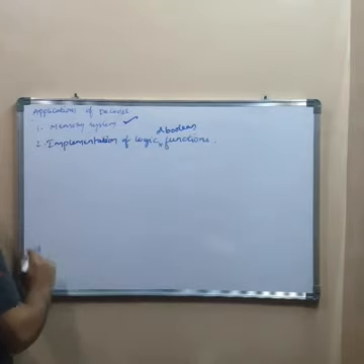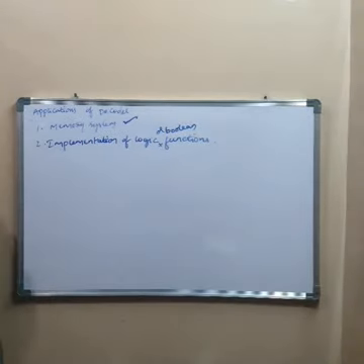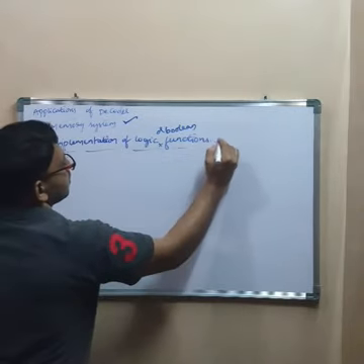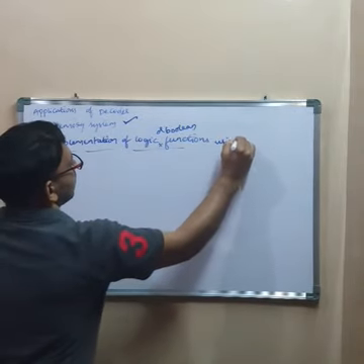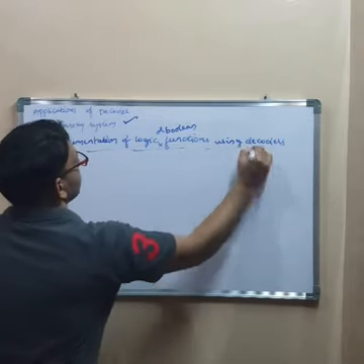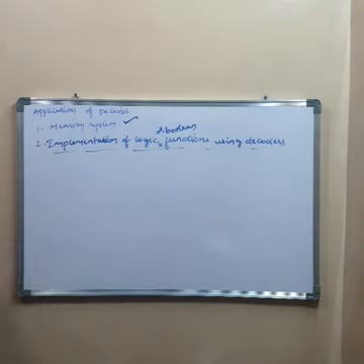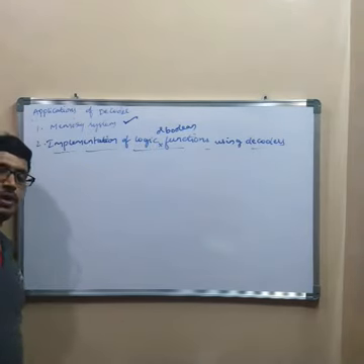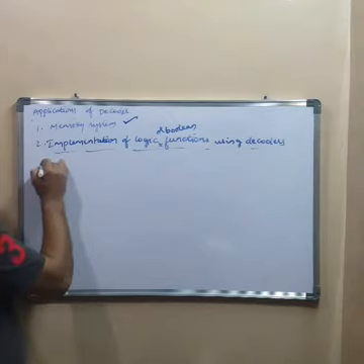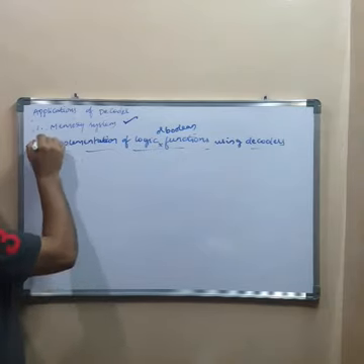If we look at the second case, decoders can also be used to implement the Boolean functions. Let us see implementation of logic or Boolean functions, subheading: using decoders. As we have seen, generation of logic functions using multiplexers, here also we can see the implementation of logic functions using decoders. Example, this one.